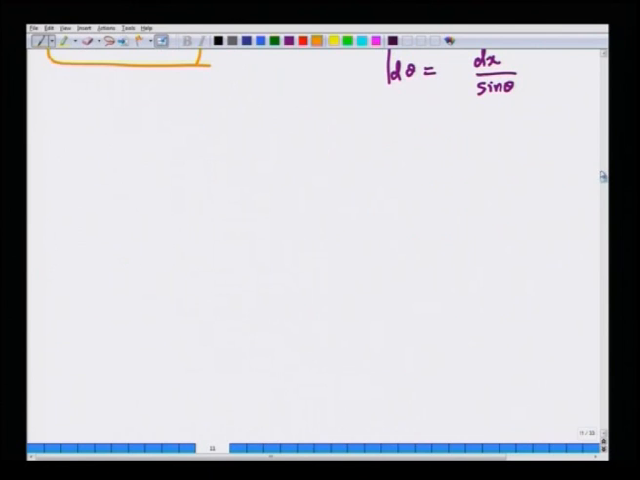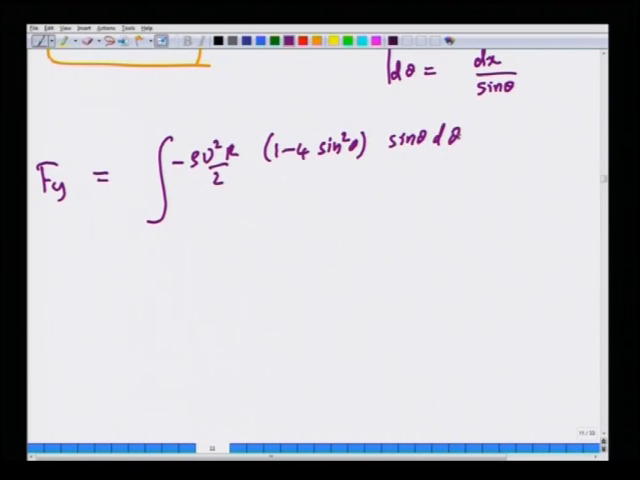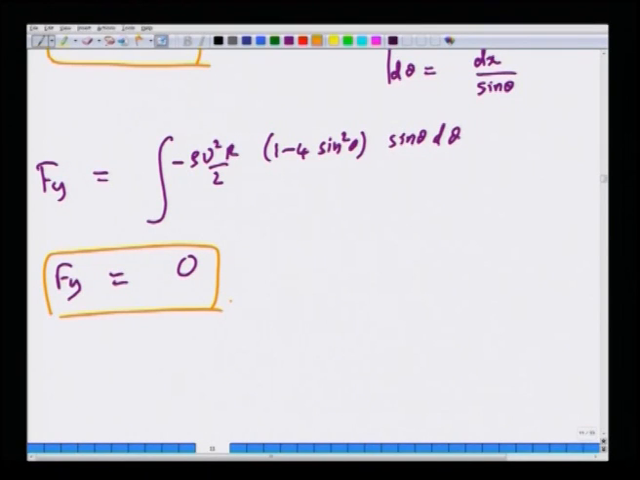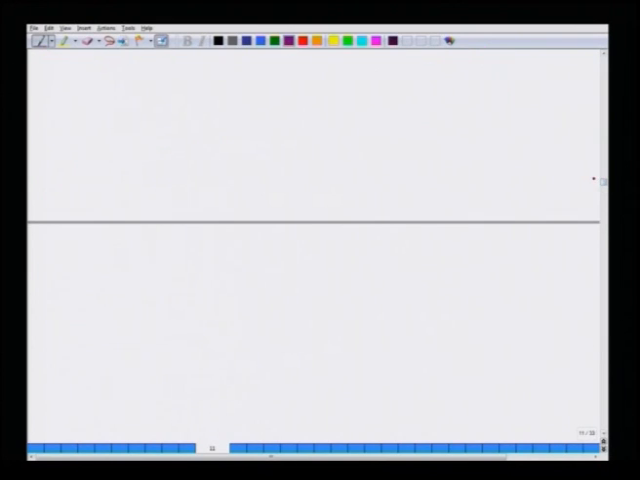And similarly, if you do not invoke symmetry, you can also compute the force in the y direction. It becomes rho u squared r by 2 times the integral of (1 minus 4 sin squared theta) times sin theta d theta, and that also becomes 0. So, F_y also becomes 0. So, if you have uniform flow past a circular cylinder,